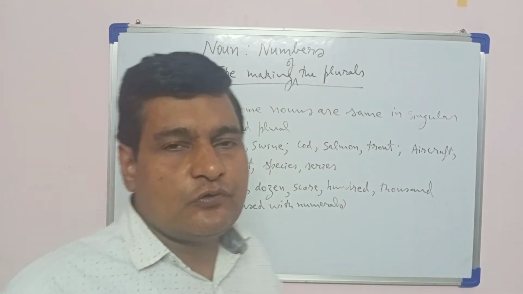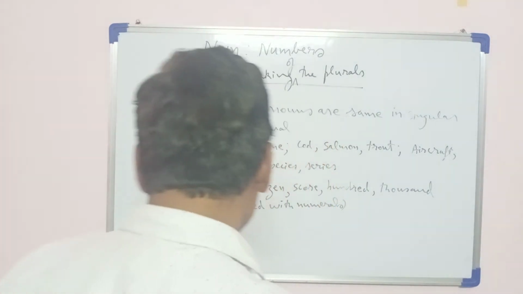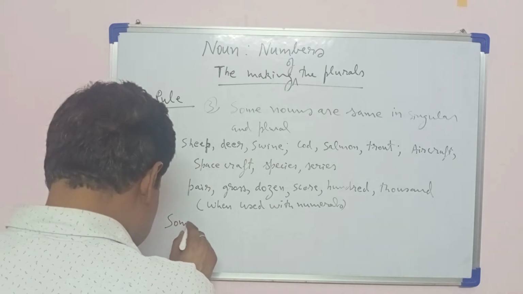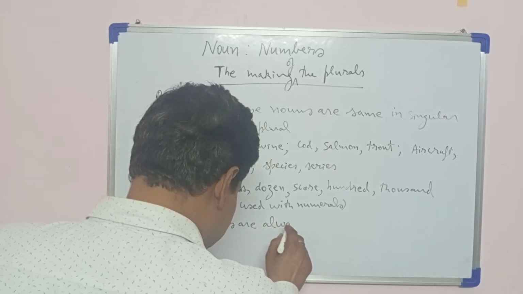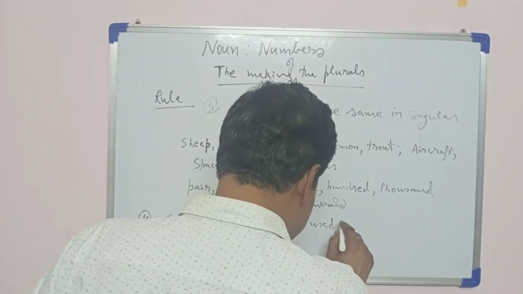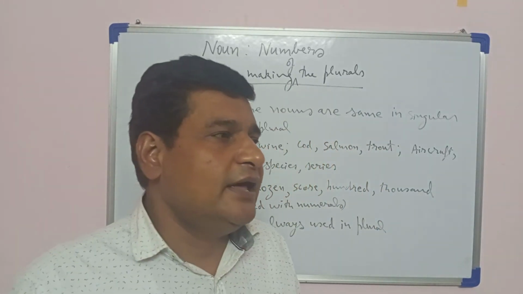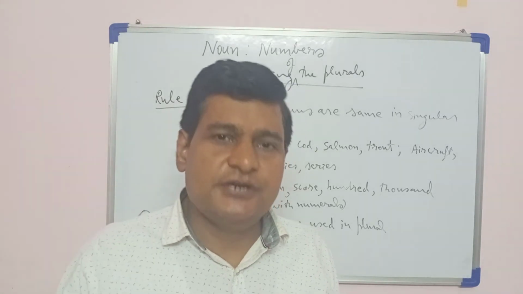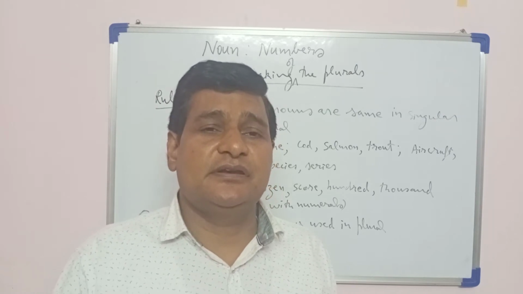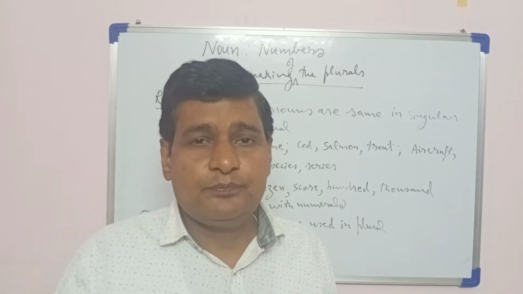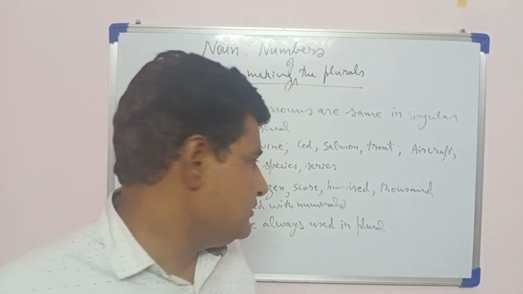There are some nouns which are always used in plural. Which nouns are always used in plural? There are certain branches of knowledge, certain subjects, certain games, certain diseases in which they keep their form plural, but they are actually singular. For example,